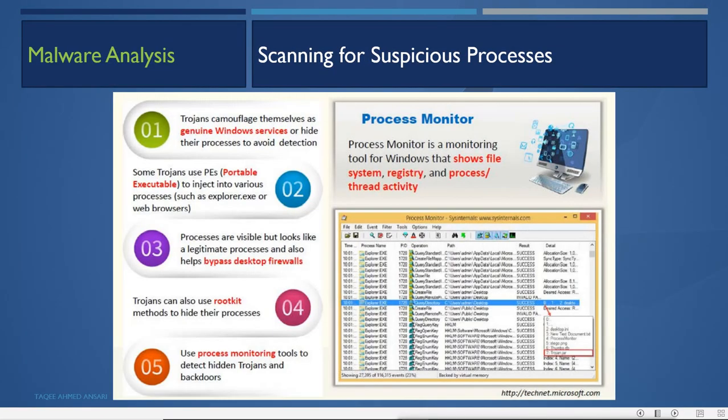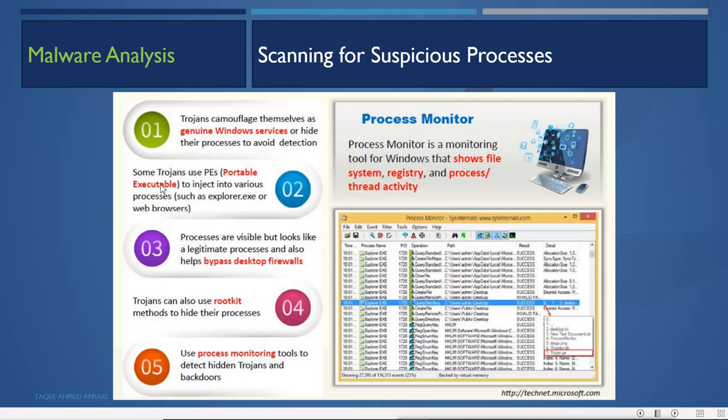Then scan for suspicious processes. We can scan for the processes also. Trojans camouflage themselves as genuine Windows services or hide their processes to avoid detection. So they will try to hide by using genuine Windows services, just like you will see explorer.exe here, and you will feel this is the normal explorer.exe.